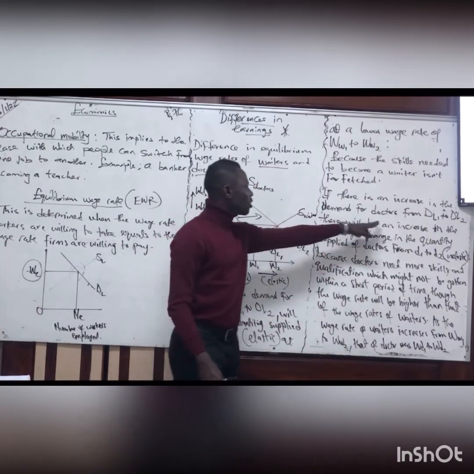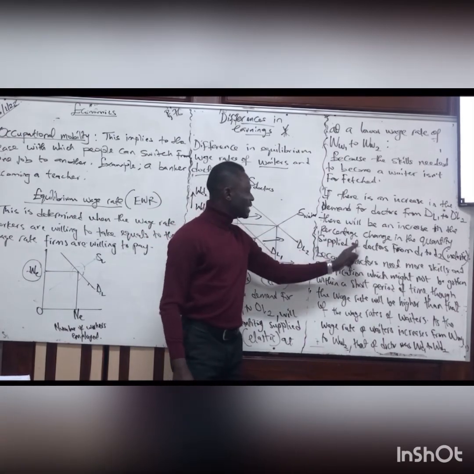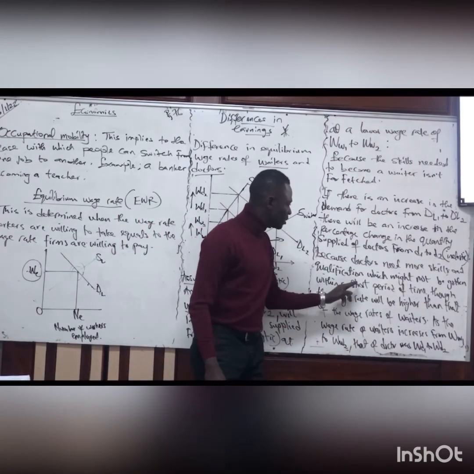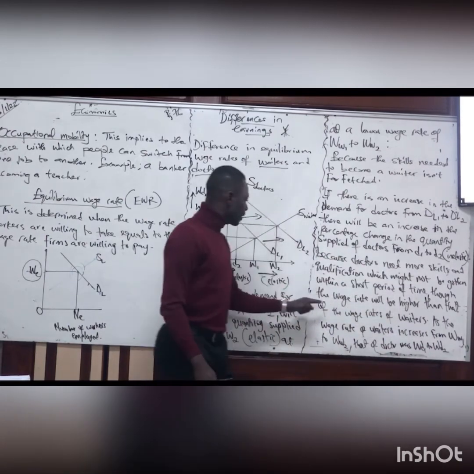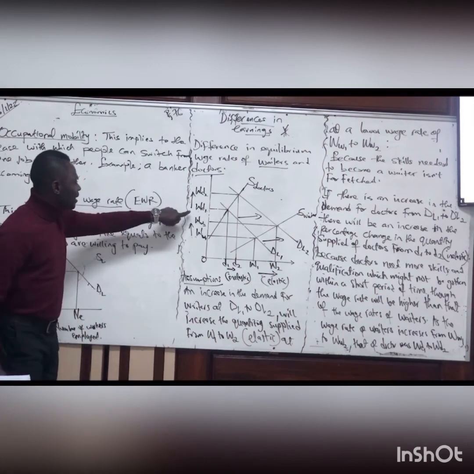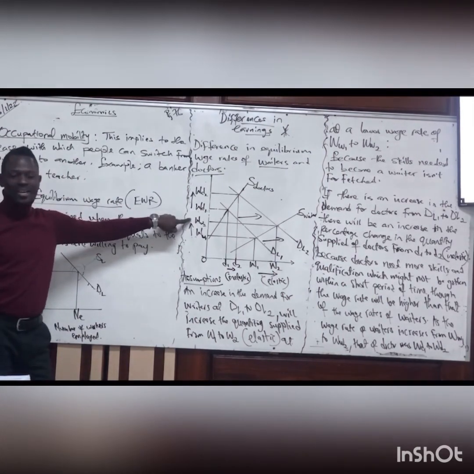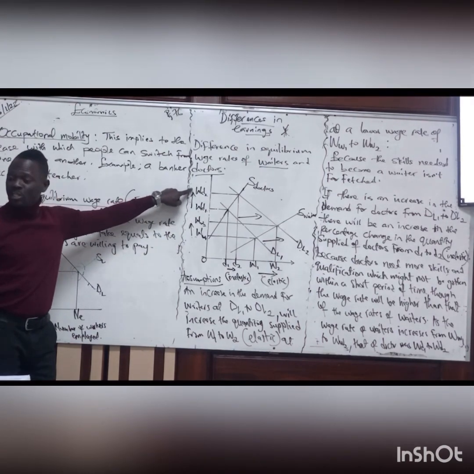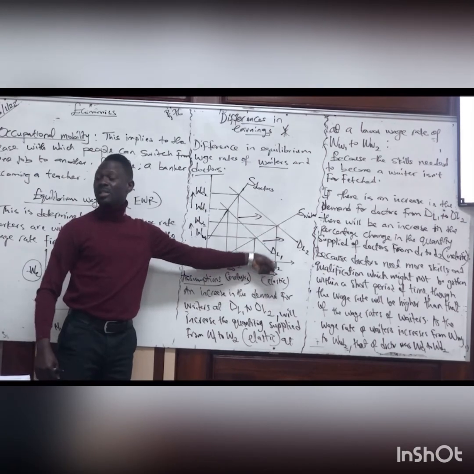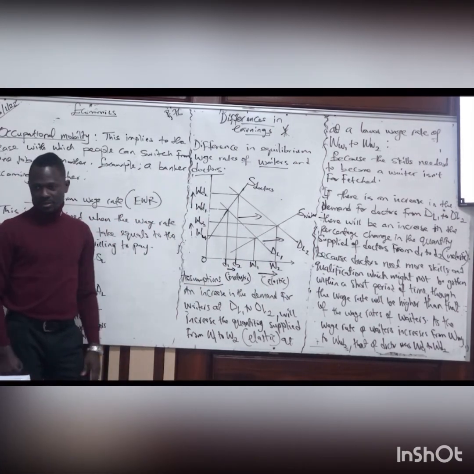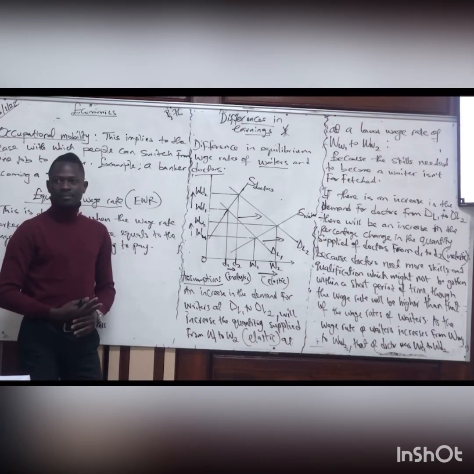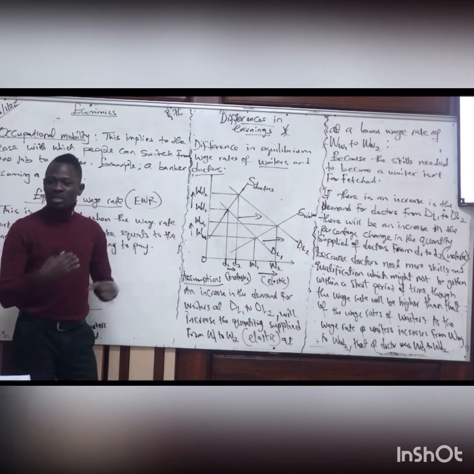But if there's an increase in the demand for doctors from DL1 to DL2, there will be an increase in the percentage change in the quantity supplied of doctors from D1 to D2, inelastic, because doctors need more skills and qualifications, which might not be gotten within a short period of time. Though, the wage rate will be higher than that of the waiter. Look at the wage rate of the waiter, it ends here. Even the first wage rate of the doctors is more than the second wage rate of the waiters. So the doctors are getting higher wage rates, double that of the waiters. But that does not increase the quantity supplied of doctors. Do we understand? So this will show you that doctors will earn more than who? Waiters. Do we get it? Yes. So this analysis is showing you that what? Doctors will earn more than